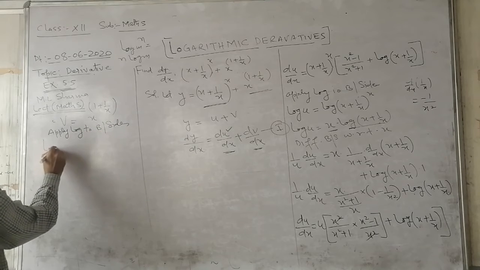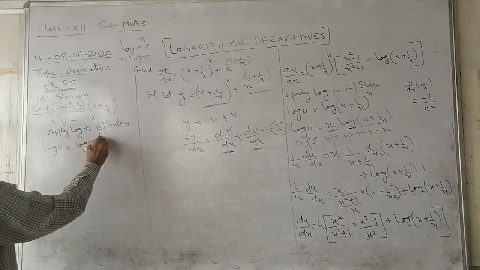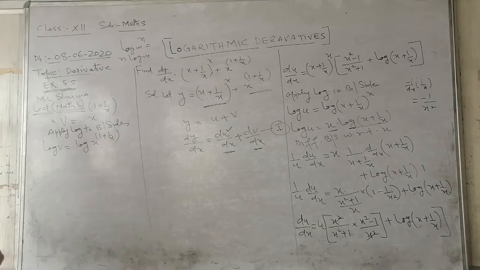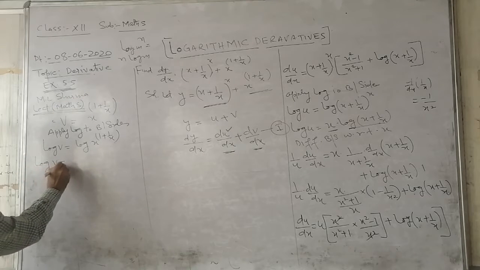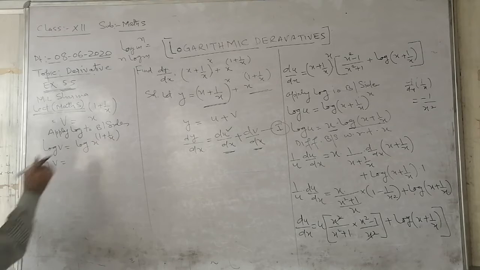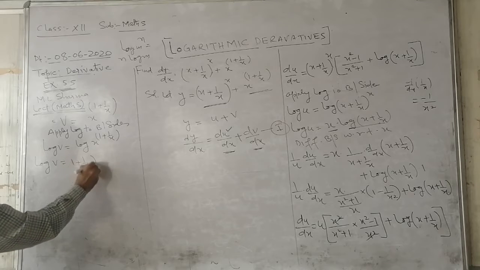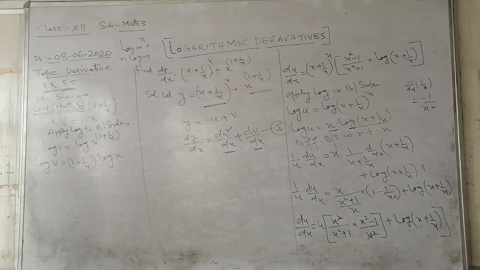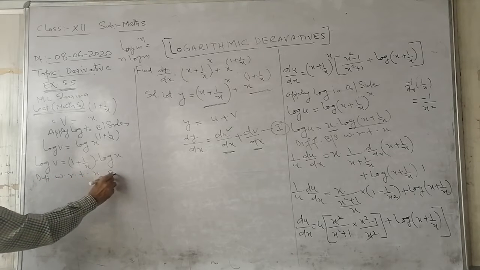So here log v equals log of x raised to power 1 plus 1 upon x. Again, using the same formula, this exponent will be written in the base into log of x. So if I differentiate this with respect to x both sides,